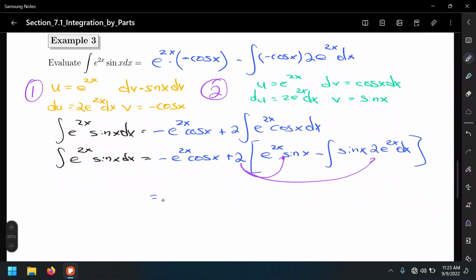That's negative e to the 2x cosine x plus 2 e to the 2x sine x minus 2, not 2, right? 4. Yes, I was already making that mistake. So that's 4 integral of e to the 2x sine x dx, and this is of course equal to the